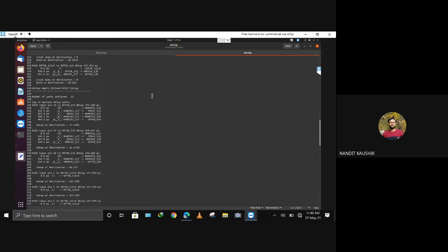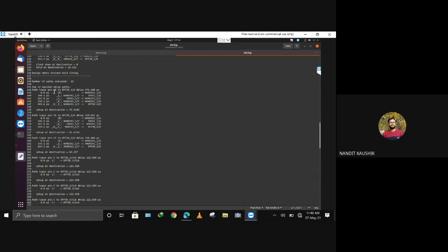Now you can see the next 12 paths are analyzed. They are from input pins to the various flip-flops. So you know all these delays which are involved in a circuit, like from register to register, input to register, register to output, or input to output. All those delays are analyzed here. Likewise from input pin C to D flip-flop number 4, the delay is this.